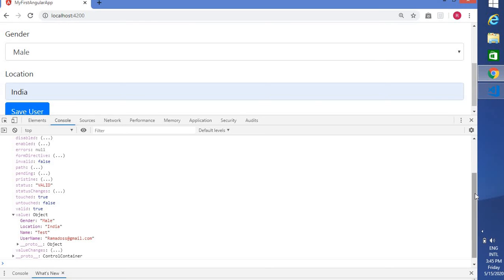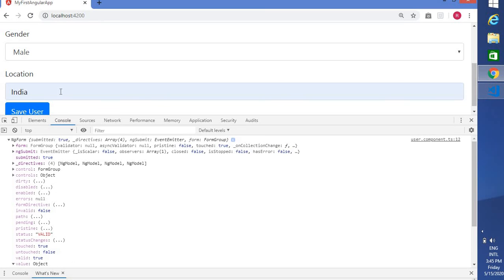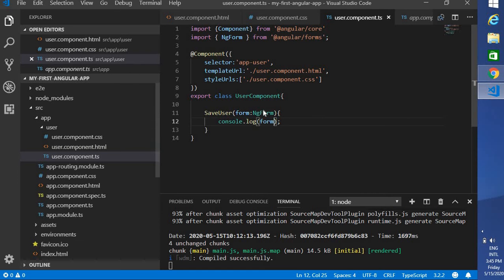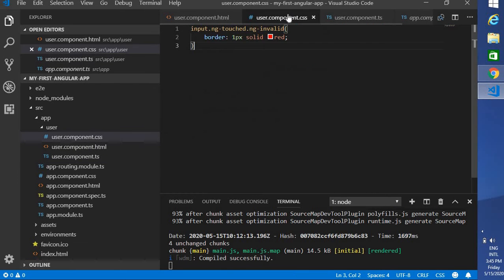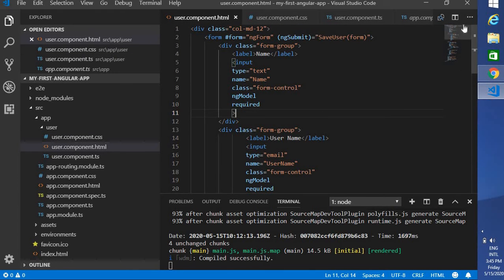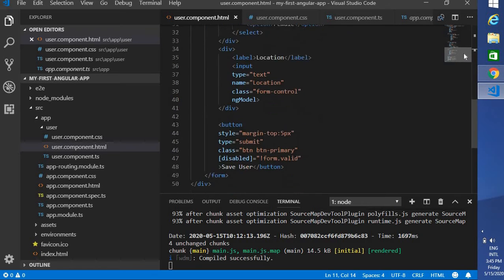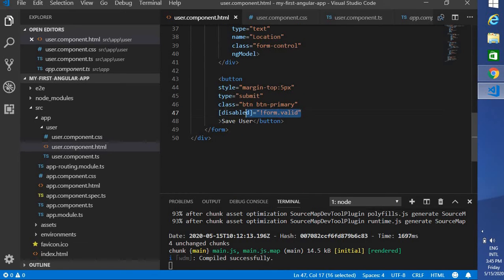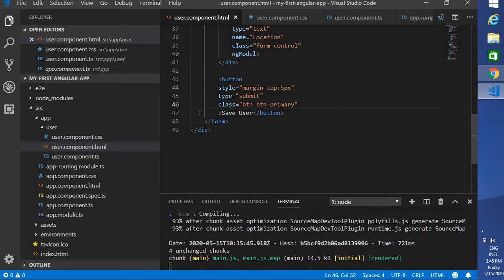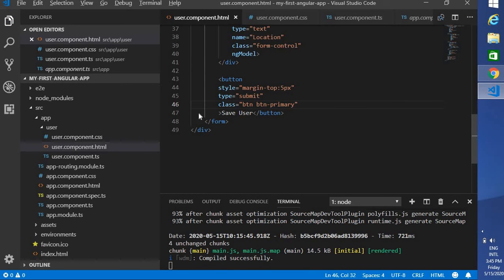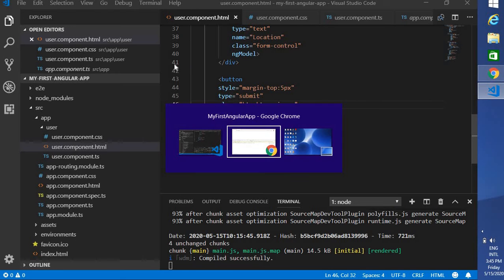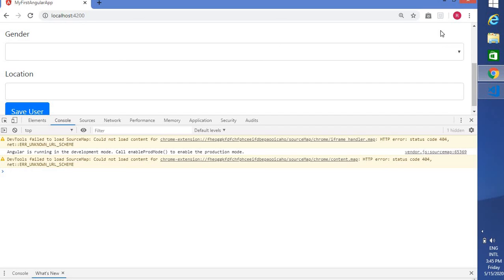Okay, so to demonstrate, right now let me disable this particular button. The disable thing, let me remove that one so I can show how we can identify it. Let me remove the disable for the time being. Let me save it. Okay, let me go to our application UI. So yes, it's loaded.